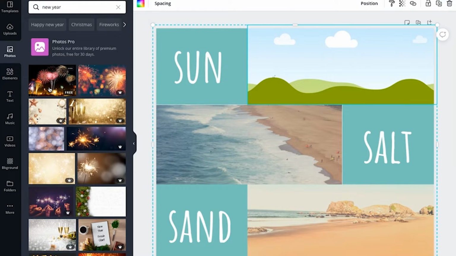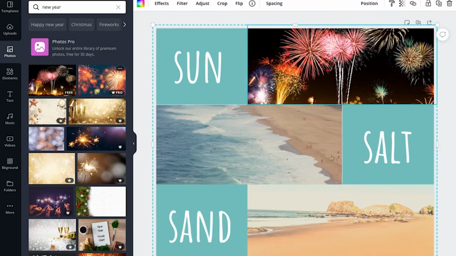Again, when you come to images or the photos that you can use in Canva, there are 2 different versions. One is the free version and one is the paid version. As you can see, you can put your cursor on the image and it will show you whether it is free. The crown actually represents Canva Pro, which is nothing but the paid version of the image. So since I want only free images, I can click on the free one and then just drag it and drop it in the element.